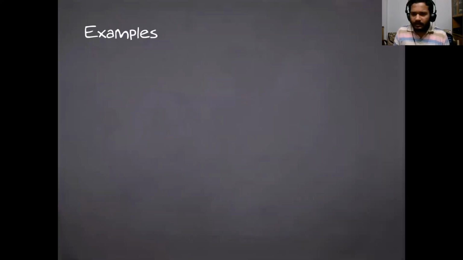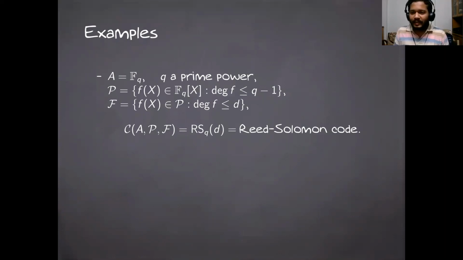Okay, so let's just leave out all the discussion and look at a few examples just to make things clear. The classical linear code depending on polynomials is the Reed-Solomon code, and by far the most popular code that is there. Perhaps over hundreds of applications found so far, and still being used and implemented in different ways. So if we take a finite field and consider evaluations on the entire field, then in order to get unique polynomial representations, we need to restrict the degree of this polynomial to at most q minus 1. The moment the degree reaches q, we have this